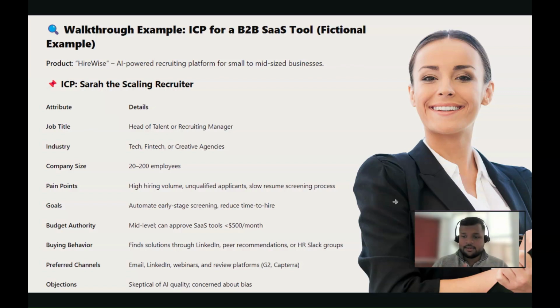So I hope that, through this example, you are able to understand what an ICP looks like. In your assignments, you will have to build your own ICPs for the examples that you have selected or the ones that we have given. So make sure that you critically think through. And I'm just putting this in this video so that all of you, when you watch it, at least hear me saying this, because I don't get to meet you in a classroom.